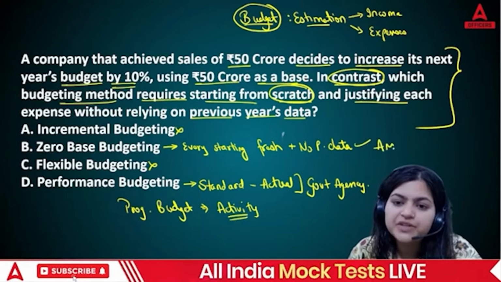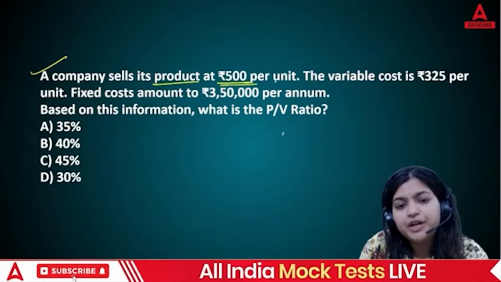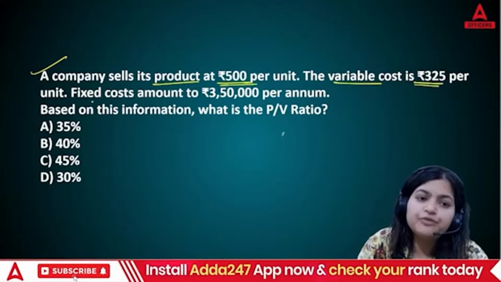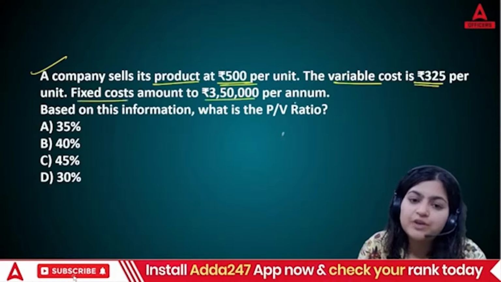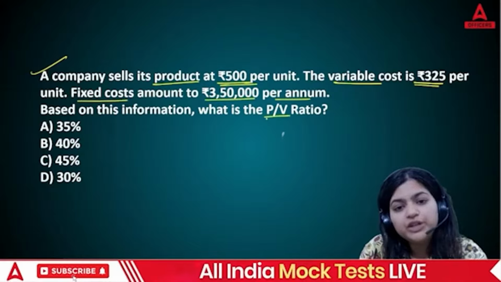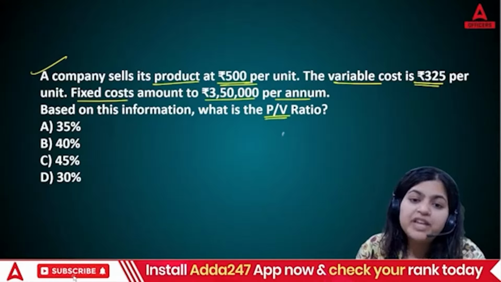Chalo, next. A company sells its product at 500 per unit. The variable cost is 325 per unit. Fixed cost amounts to 3,50,000 per annum. Now based on this information, you need to tell me the PV ratio. What is PV ratio? PV ratio tells you the relationship